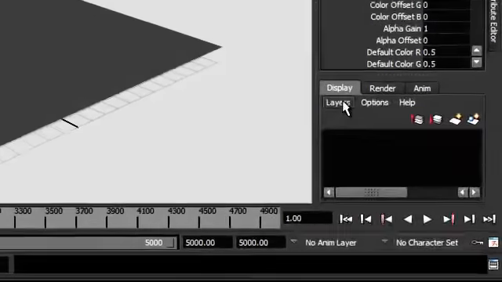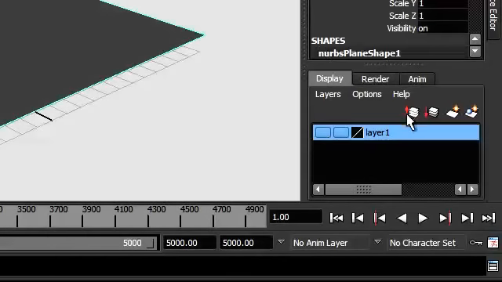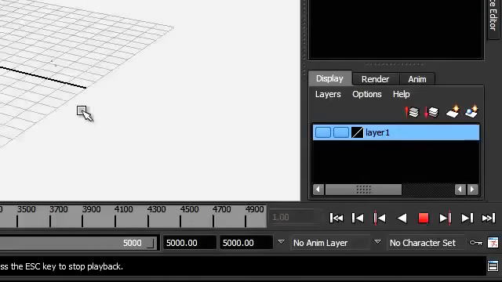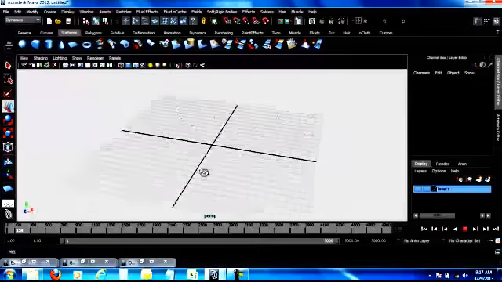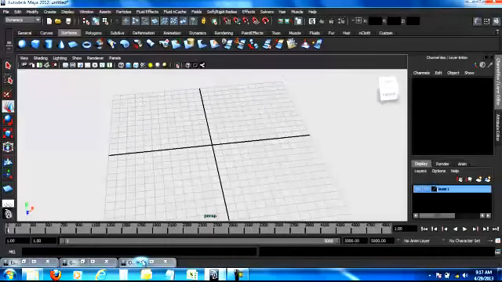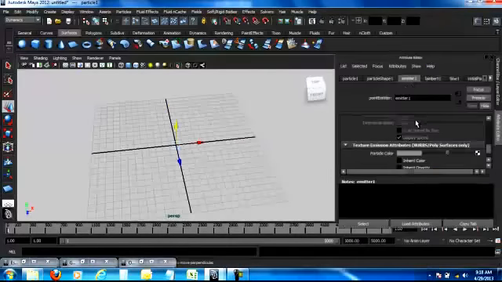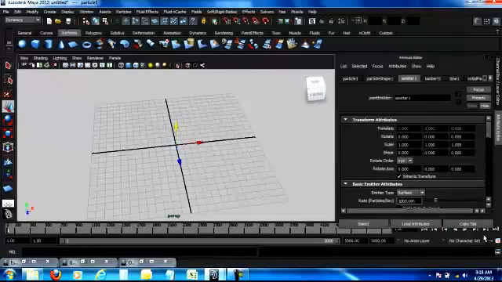Now for reasons of simplicity to understand, I'm going to add my NURBS plane to a layer so that I can hide it. So let's play now. So what do we have? We get some particles rising in an odd formation, but I'm not exactly seeing that word smoke here. So let's just select my particles, go down to the emitter rollout, and I'm going to shoot up the rate. Okay, and let's rewind and play now.